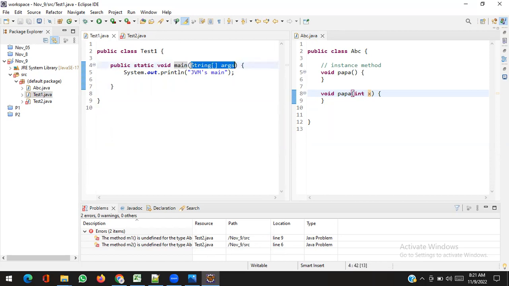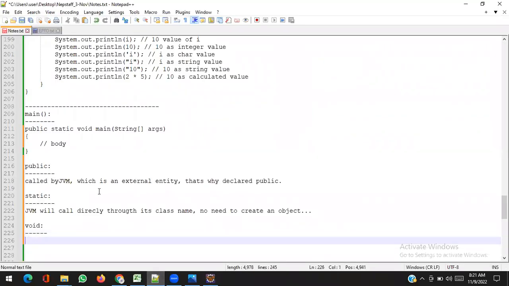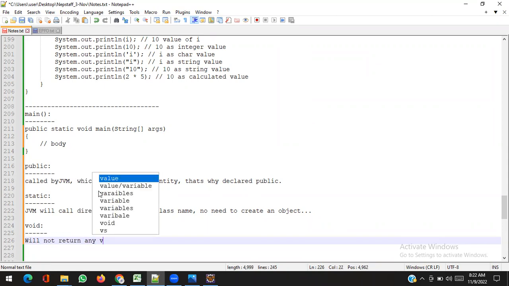Next part is that it takes an argument as a string array, and we don't know about arrays yet. That's why I'm not going to cover this part, but when I cover it, I will come back. Why does it expect a string array? What is the meaning of this args? Can we change it? Yes, it's a variable name. It can be any variable name. These are the things about the main method. It will not return any value